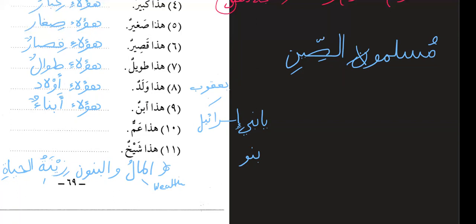So the word Banoon is Jam' Mudhakkar Salim. It has a waw and a noon. So because we would say Banu Israel, which means the children or the sons of Ya'qub. But why is it Bani? Because when